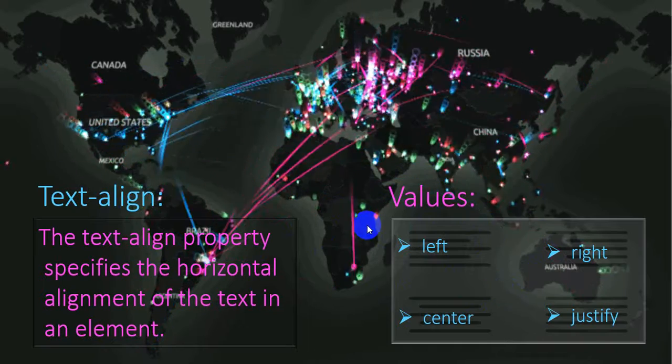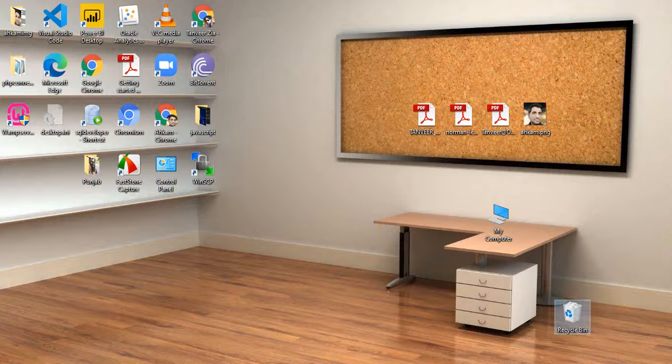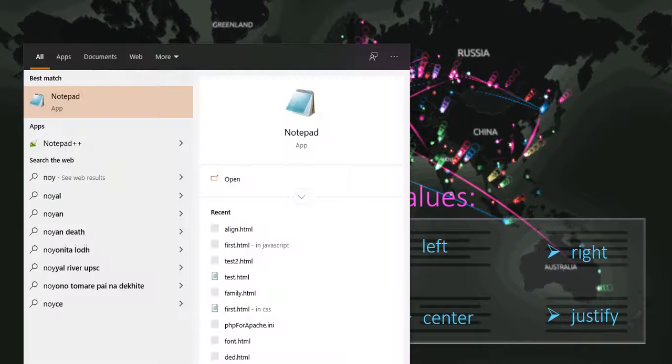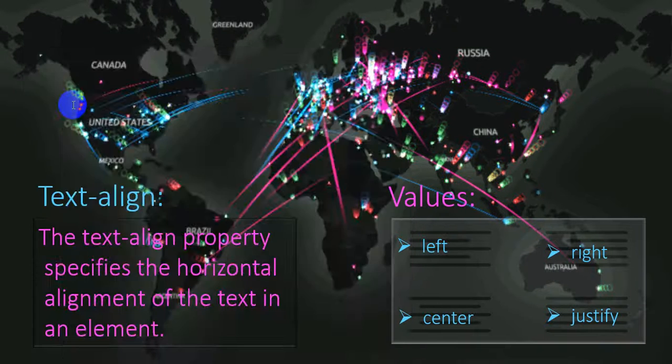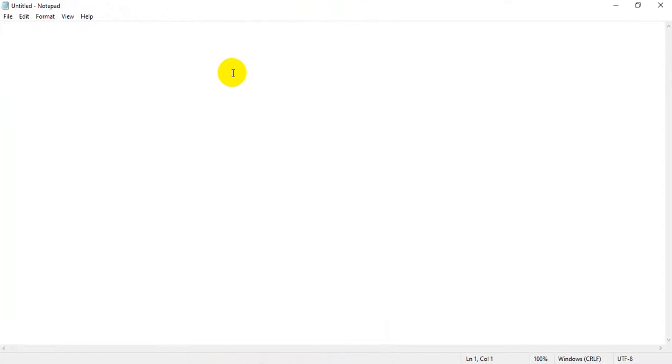First I will go to my desktop, then I will start Notepad. This is my Notepad application, okay. Now I am going to write the first line of the HTML page, that is doctype. What is a doctype? It specifies that my page is written in HTML, okay. And I will write the html tag. The first line will be opening html and the last line will be closing html, okay. Now all the other text comes between these opening and closing html tags.